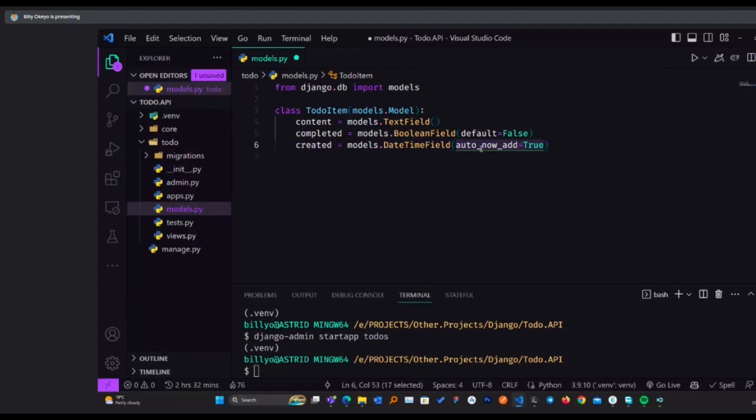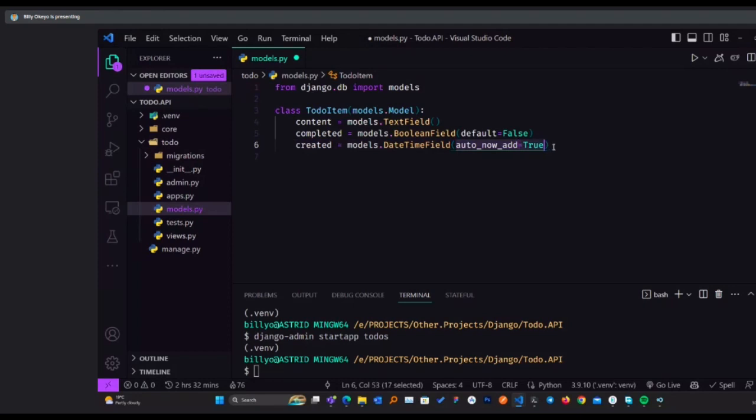So what this does is it will be able to give it a proper timestamp of when it was created. So in our input fields, we really won't have to have this created input, so that you have to manually type the created time. By default, whenever it's saving, it will save with the current timestamp. So this is what auto_now_add=True means.